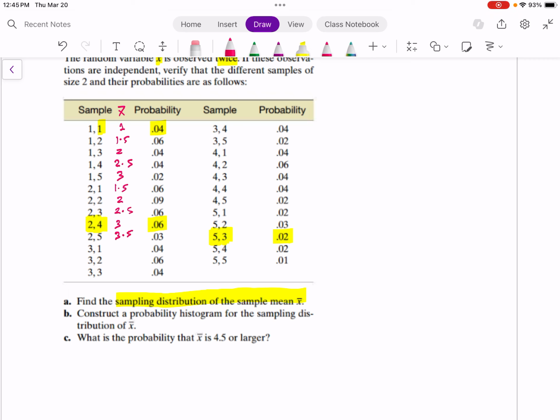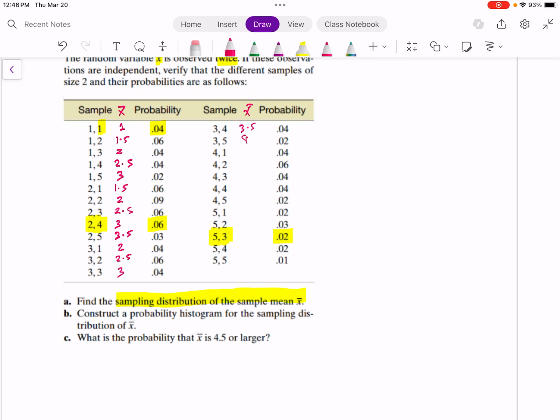3 plus 1, 4 divided by 2, 2. 3 plus 2, 5 divided by 2, 2.5. 3 plus 3, 6 divided by 2, 3. 3 plus 4, 7 divided by 2. So we have x bar for this sample, which is 3.5. 3 plus 5, 8 divided by 2,